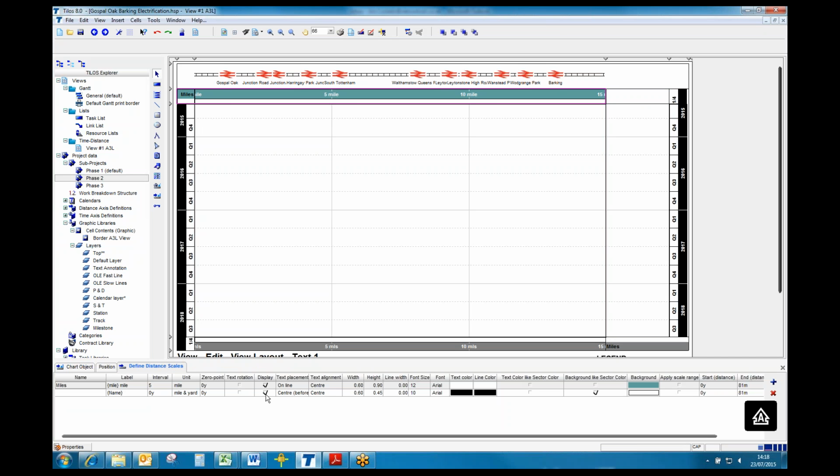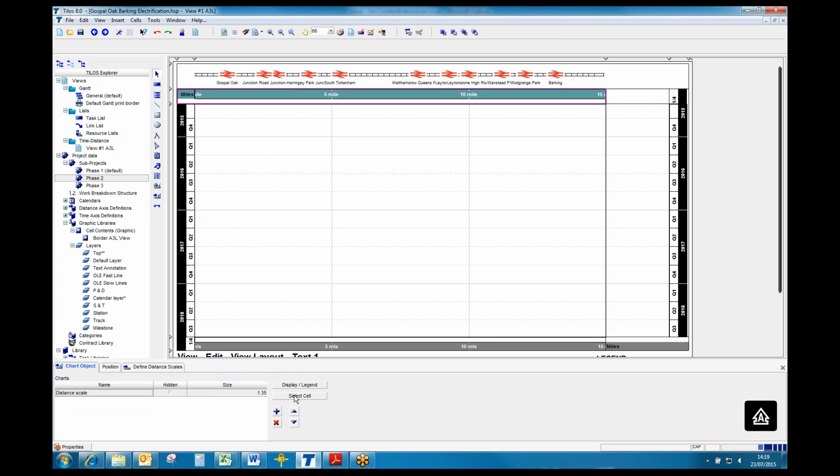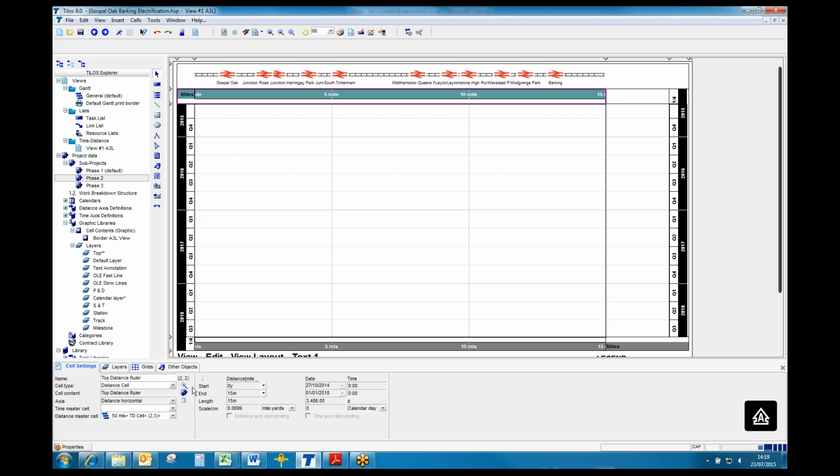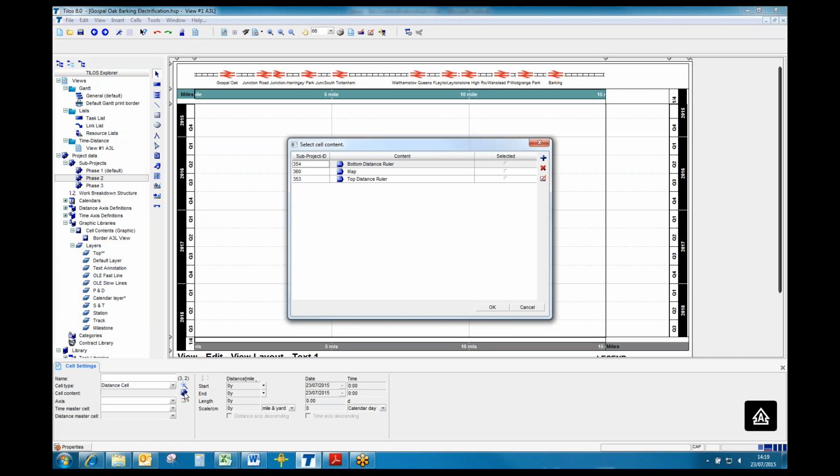okay, so this has got the ruler called top distance ruler. So in this cell here, I click on this cell, which is currently empty, and I make it a distance cell, and I say that it's going to pick its distance range up from the other one. But first of all, I've got to say we're going to put the